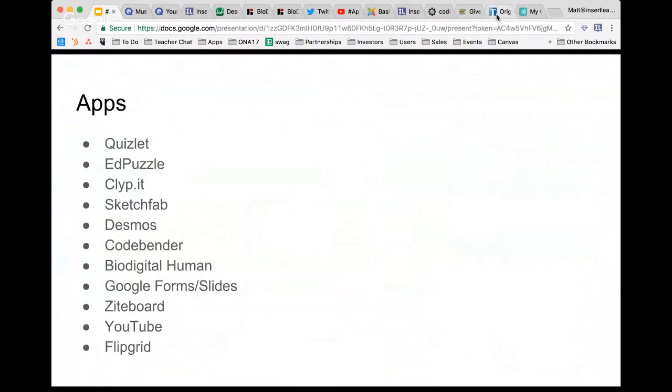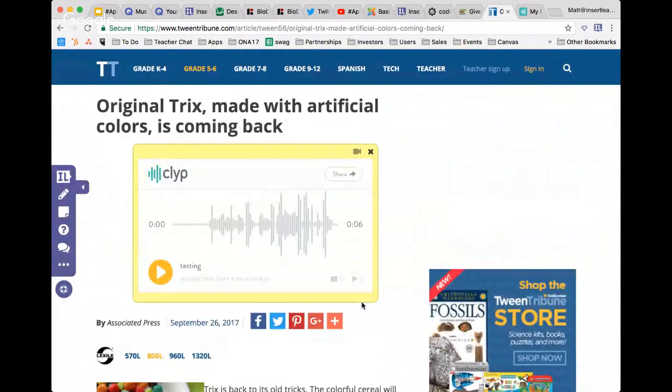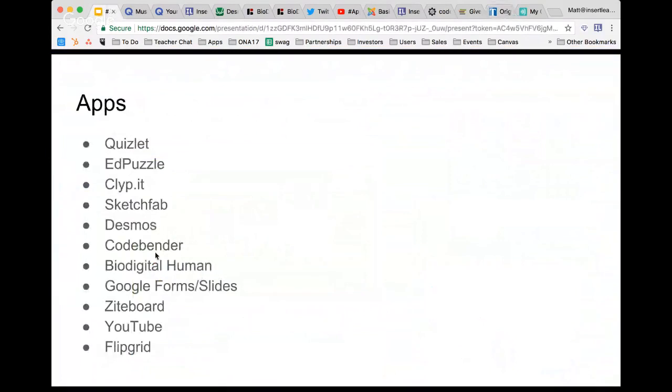I've used ClipIt, where I literally read through a college level physics article, just because it was a great article, but it was too difficult for some of my students. And so I created the whole lesson, and then I read through it and recorded that reading with ClipIt, and I added in little extra notes, and I paused in the video for my students as well. You know, the whole thing took me probably about 10 minutes to read through the article with the questions and stuff like that. But it really made a big difference for my students to be able to go through. You could also break the text up with multiple recordings. All right, so then